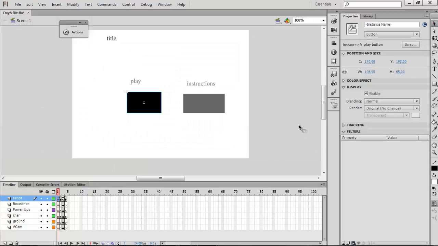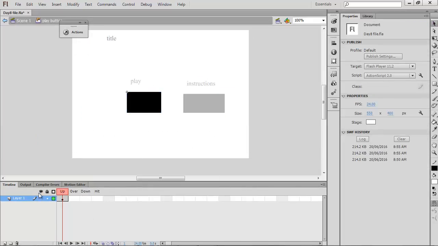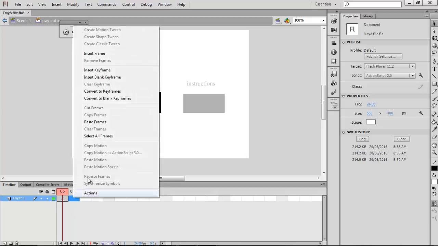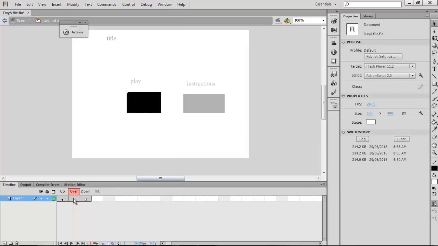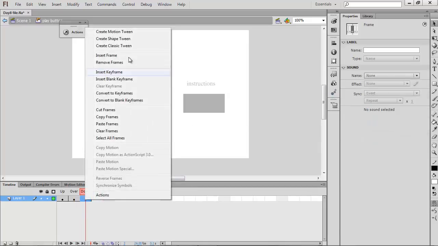So I'm just going to show you a quick trick about animating buttons. So if you step into it and look down here in your layers, you can see that you have an up column, an over column, a down column, and a hit column. So if we insert a keyframe into over and down, we can add a little bit of a quick animation. So make sure that's an actual